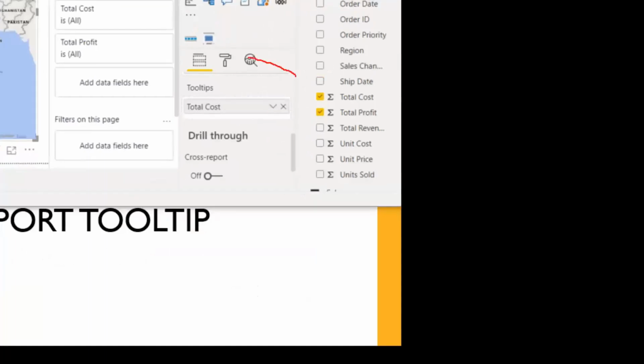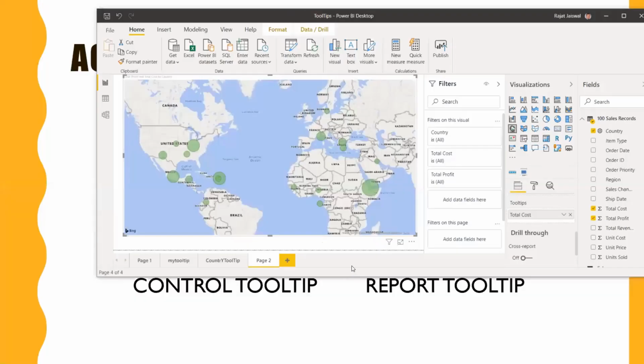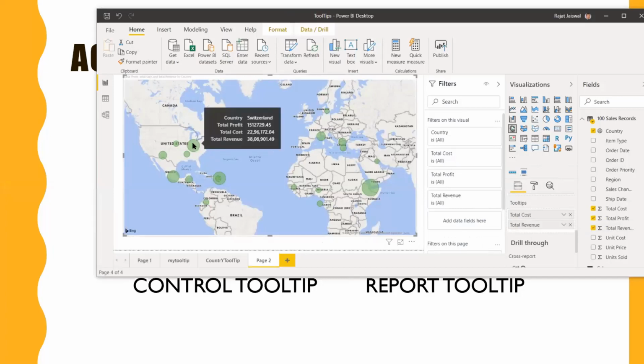This is your tooltip area, and whatever value you want to showcase, you just drag and drop onto the tooltip. Fair enough. When you hover it, it will show total profit and total cost, both. Now if you want total revenue as well, you can drag and drop again. So it will show total profit, total cost, and total revenue, just by hovering.